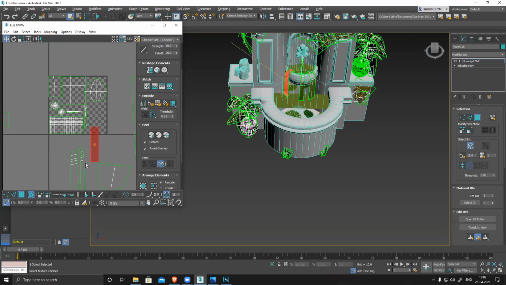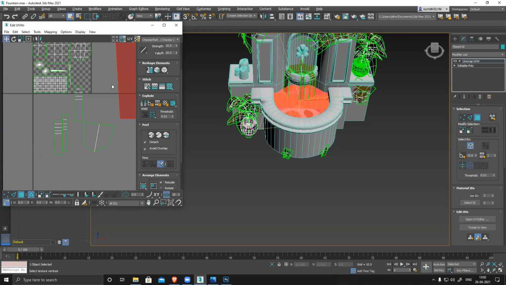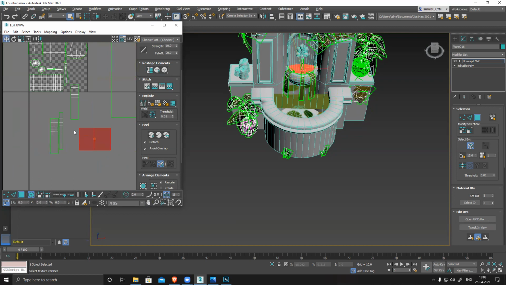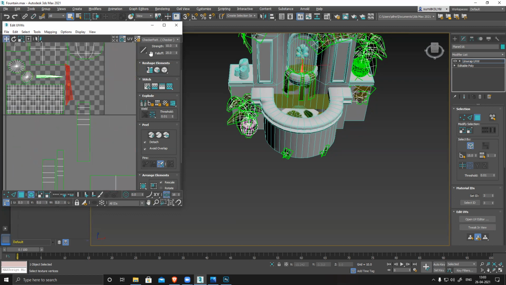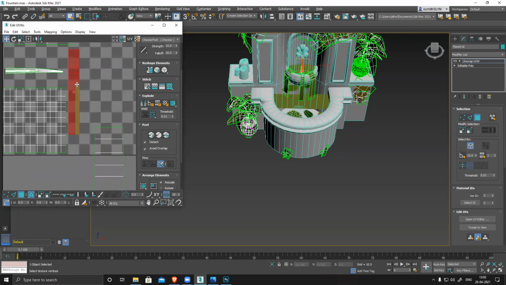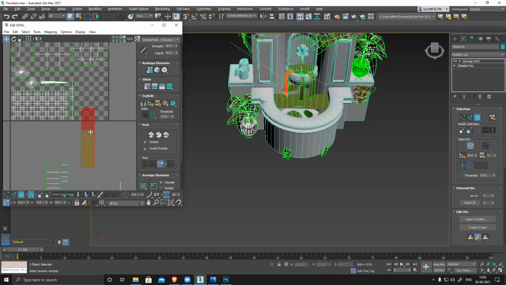Select this, straighten it, select this, straighten it, select this, straighten it. If I want, I can keep them stretched also, but if you keep them straight, it will become very easy to align everything nicely and place them also very nicely.